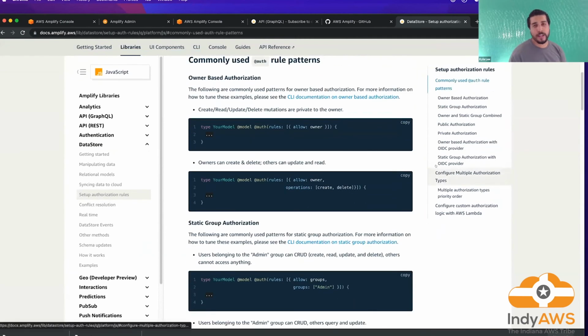Yeah, so like how I was showing where you can set up groups in your admin UI, you can restrict access or mutations or queries against a specific model or model type based off of what group they're in. And you can kind of see that. That's kind of what this is trying to represent right here. We have your model, which has the auth rules of only allowing the owner to see that specific model. So my to-do, right? Versus my public post or something like that. Yeah, nice.